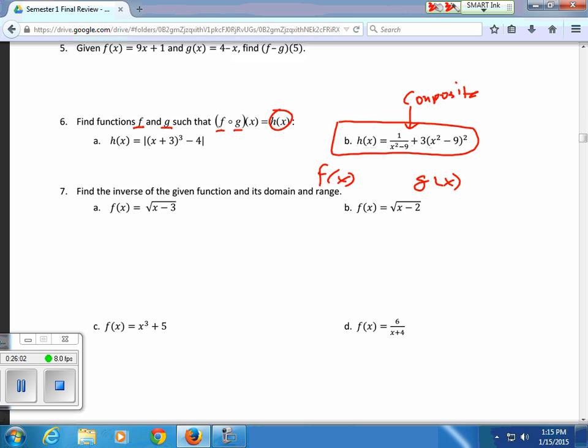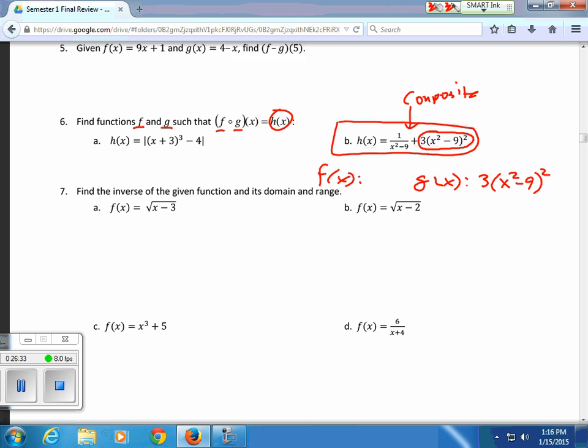Do you remember this one where you just pick anything to be g of x that's on the inside? Kind of like, I can pick that part right there to be g of x if I want to. I pick any individual little chunk, and I say if g of x was 3 times x squared minus 9 quantity squared, okay, then the other function would have had to have been everything without that,